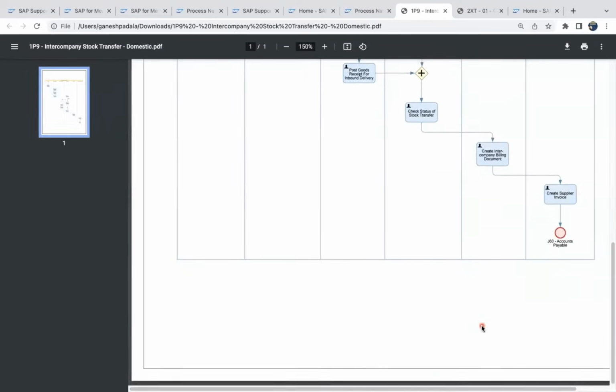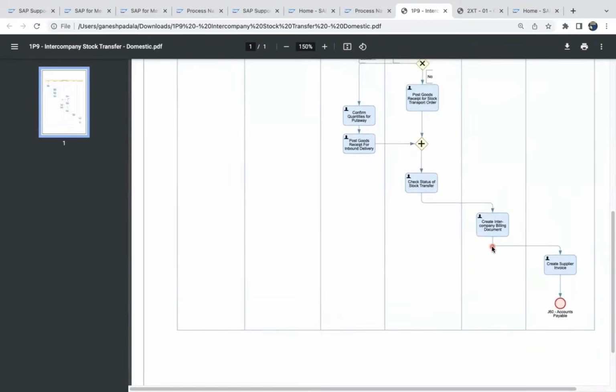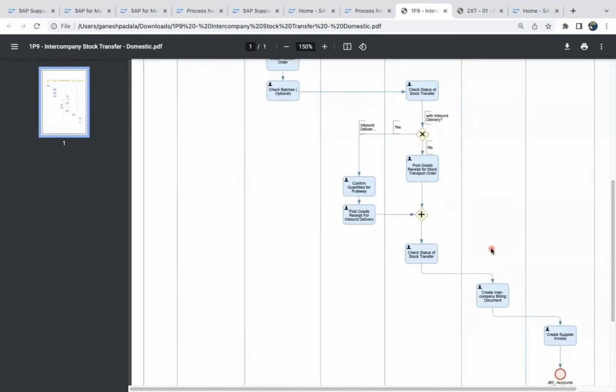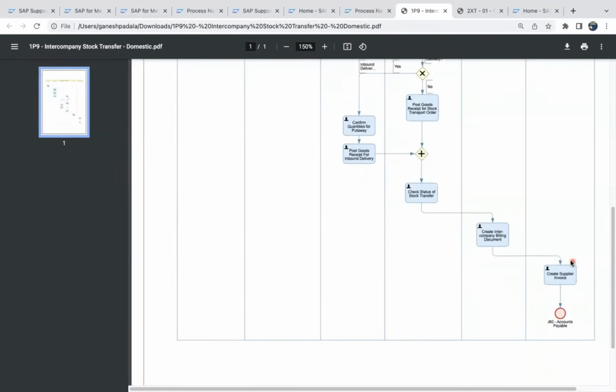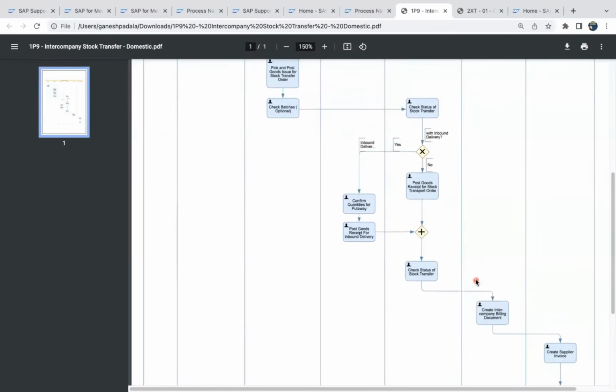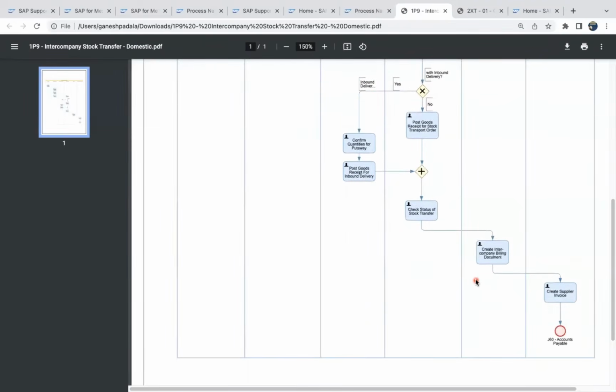Billing clerk is creating. After that, for the supplying plant, who is giving that material, he will send you the invoice. So the accounts payable accountant at the receiving plant will create an invoice and he will do the payment. So it looks like intercompany STO is always like this, except for this billing process. The rest all look like standard procurement, like how you're buying from